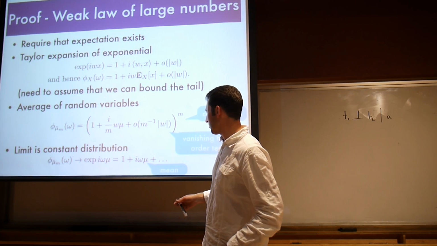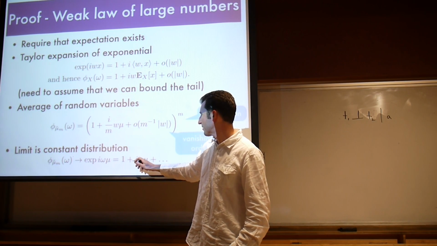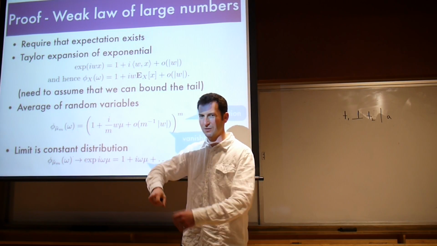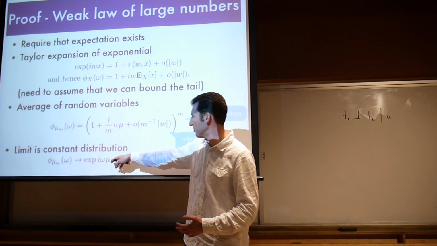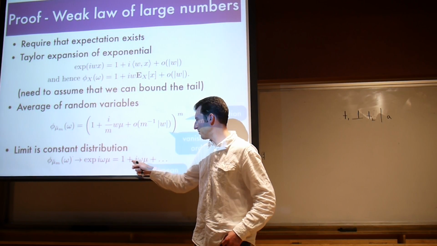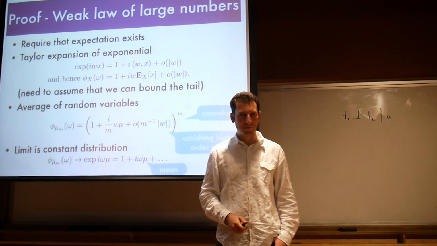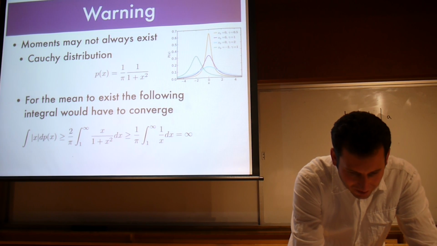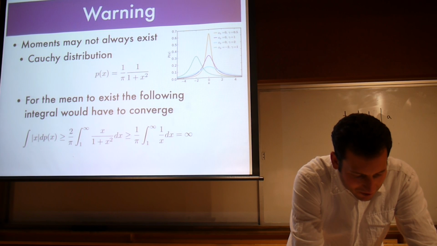So this converges to something that looks like 1 plus, so it basically converges to e to the i omega mu, which is just the delta distribution at mu. And if I expand it, I can immediately see that the mean has to be mu, and so we have our claim. So that just shows us that if I sum a bunch of random variables, they'll converge to